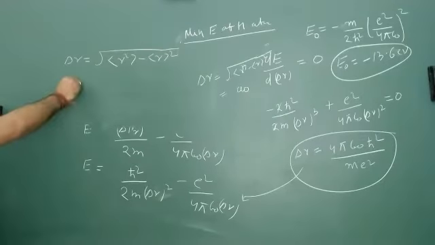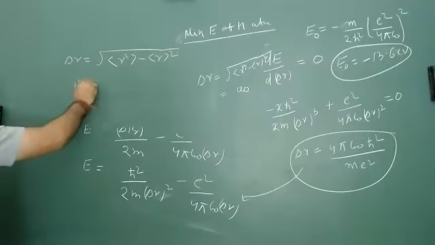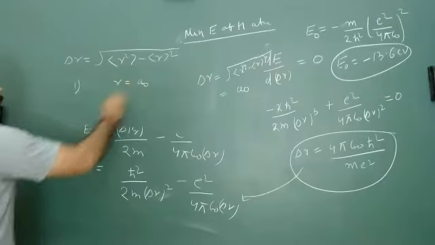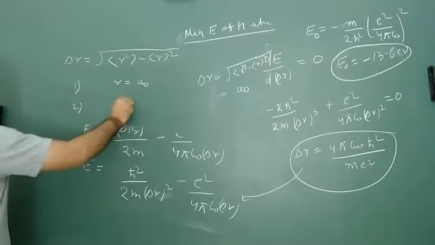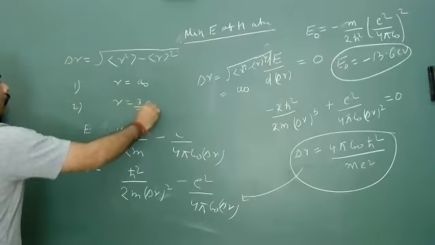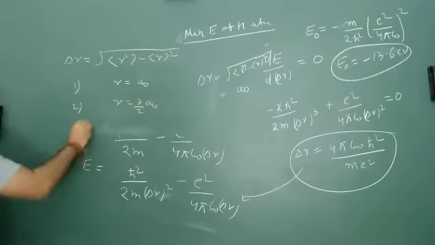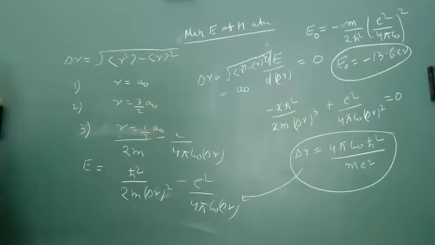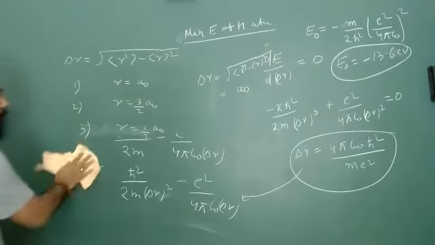कैसे कैलकुलेट करते हो? First you will take R is equal to, let's say, A naught. Second, you will take R is equal to 3 by 2 A naught. Third measurement, you will take R is equal to 1 by 2 A naught. Okay. Then what will you do? Suppose I have taken the 3 measurements only. How will you calculate delta R?